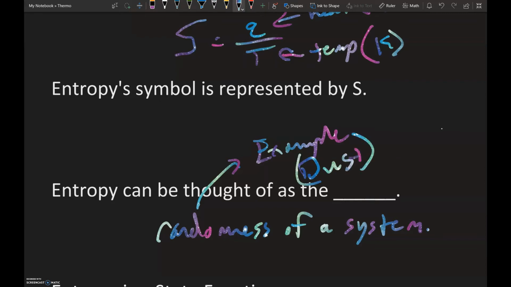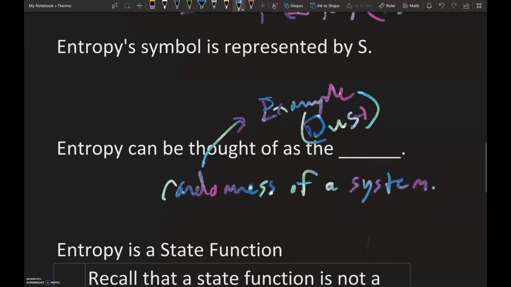If you clean your room on Saturday and you come back the next Saturday, of course, the room is not going to be the same as it originally was once you cleaned it. You're going to have clothes scattered about. You're going to have papers. You're going to have dust that's settled out of the air on the surface, which creates disorder. And so entropy is sort of a state of disorder in this case. And the more randomness you have, the more disorder you have, the higher the entropy is going to be.